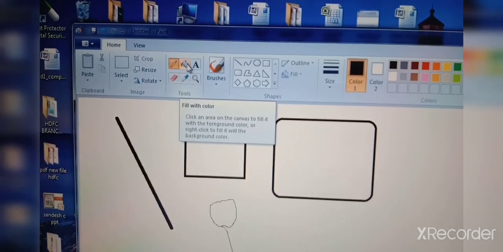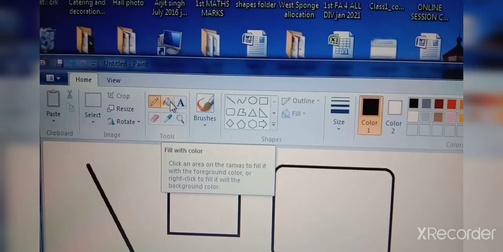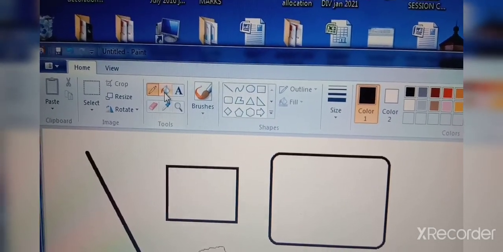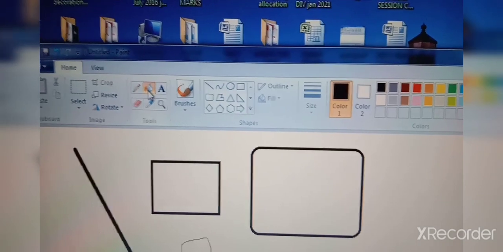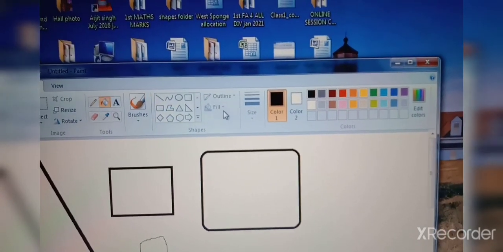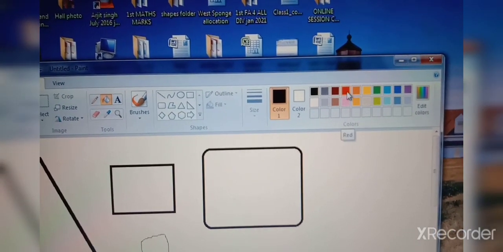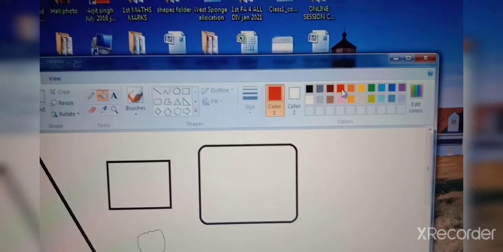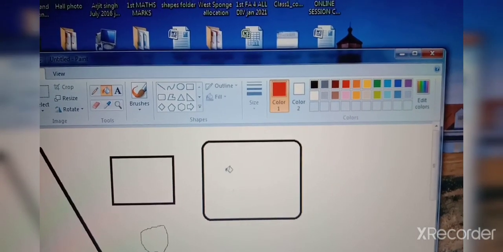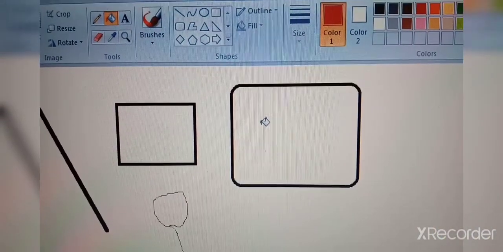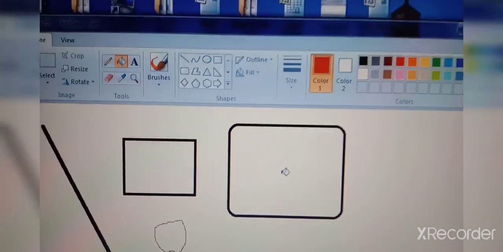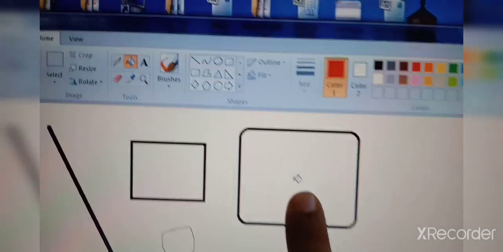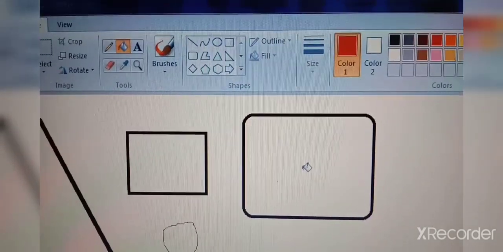Now this is fill with color. What is this? Fill with color. One bucket is there with the color. You can see. Click on this bucket. You can fill the color with this bucket. Select color and see, now your cursor will turn into a bucket.